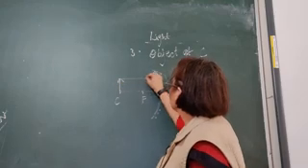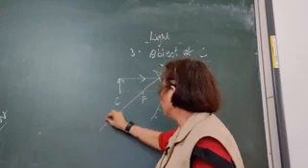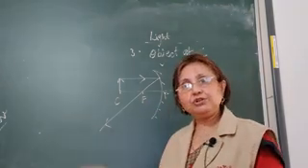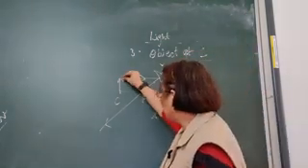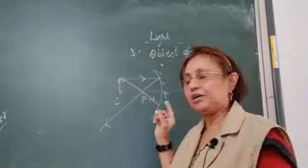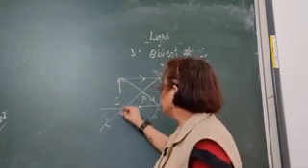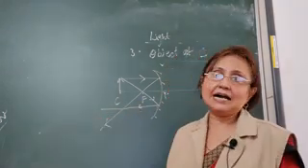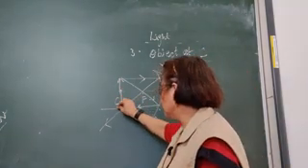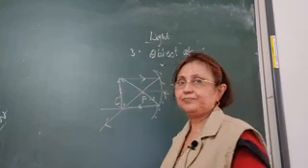The first ray is parallel to the principal axis, and we know that it passes through the focus. The second ray passes through the focus, and we know that after reflection it becomes parallel to the principal axis. So this is the second incident ray from the object, and after reflection it becomes parallel to the principal axis. Now this is one reflected ray, this is the other reflected ray. Wherever the reflected rays meet each other, the image is formed. So the image is formed here, at the same position, that is at the center of curvature.